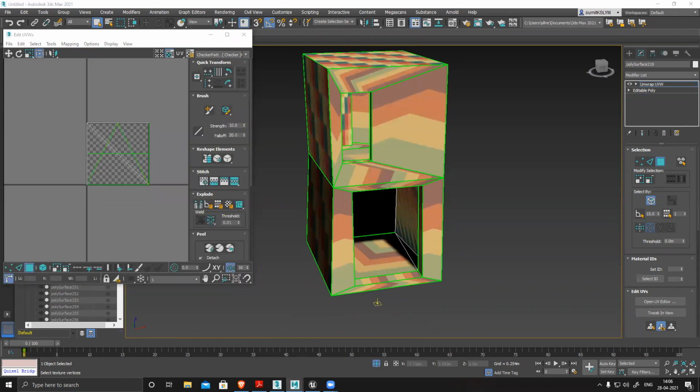Just give me a second. I have exported this UV. View UVs. Just give me a second. Delete.